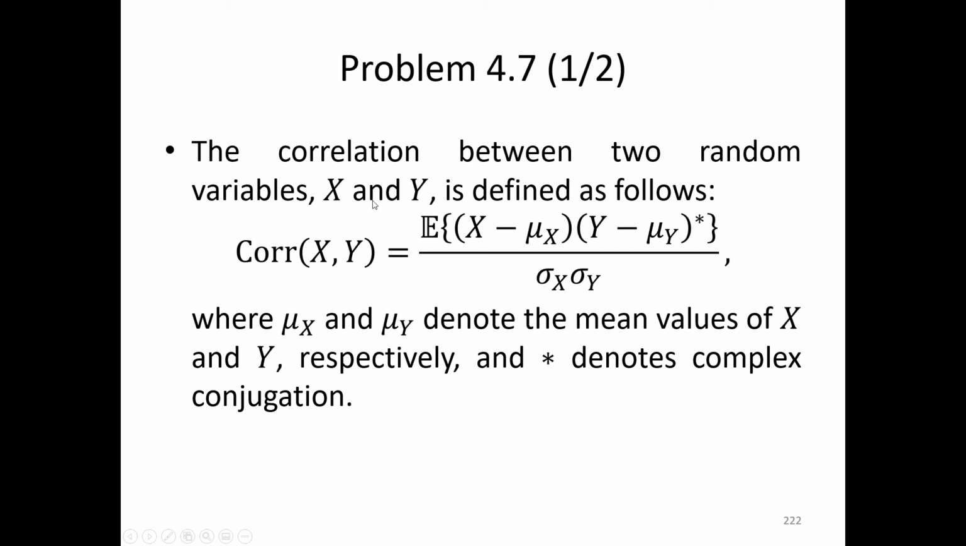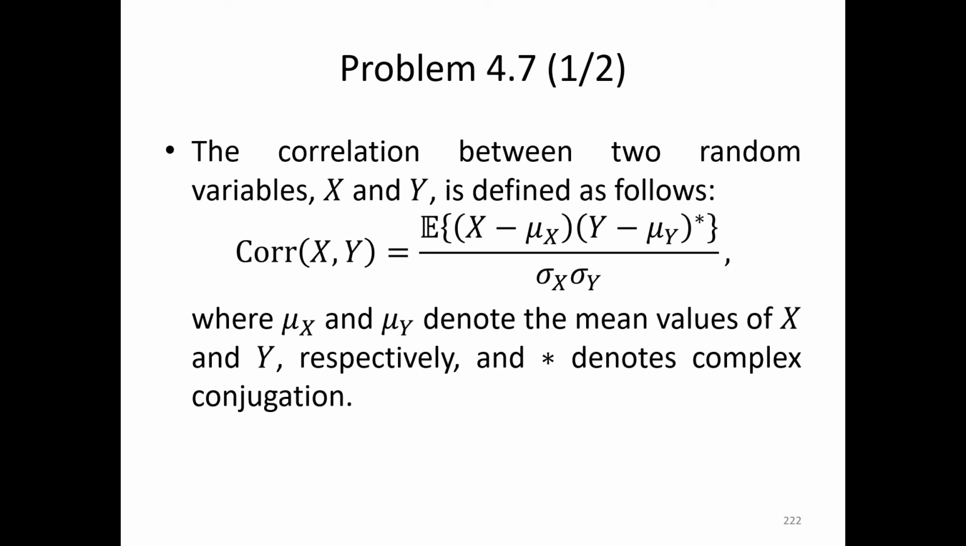The correlation between two random variables x and y is defined as follows. 那么两个随机变数 x 跟 y 之间的相关性呢？就定义如下：CORR of xy is equal to the expectation of x minus mu x times y minus mu y conjugate over sigma x and sigma y。那么这个 CORR of xy 呢，就等于 sigma x 乘以 sigma y 分之 x 减 mu x 乘以 y 减 mu y 的共轭复数的期望值，where mu x and mu y denote the mean values of x and y respectively, and the star denotes complex conjugation. 其中 mu x 和 mu y 呢，分别是代表 x 和 y 的平均值，那么这个星号呢，就代表共轭复数。